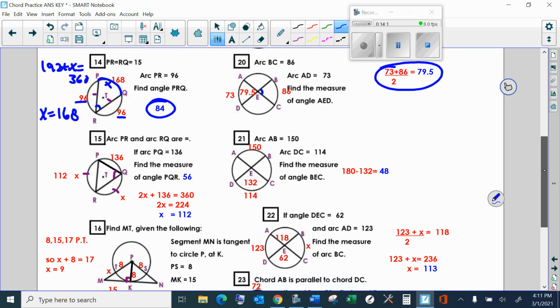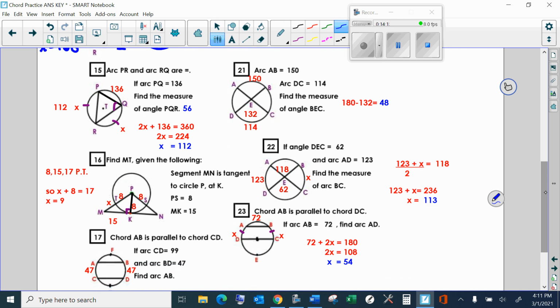All right, number 15. Arc PR and arc RQ are equal. So that means these chords here are of equal length as well. Those two have to be the same length, just so you know. Since the arc measures are the same length, if arc PQ is 136,